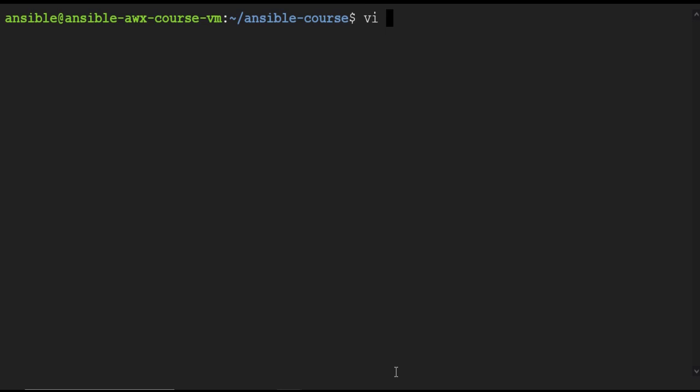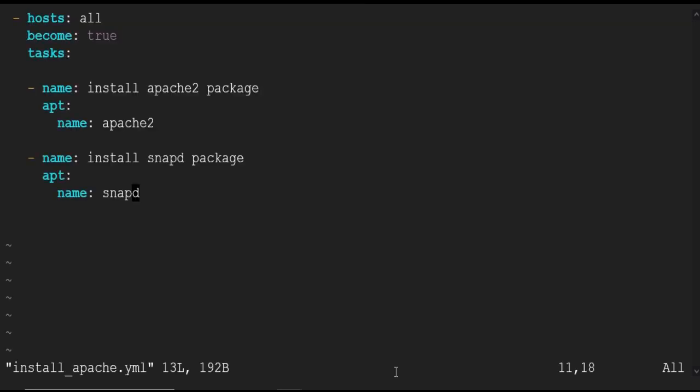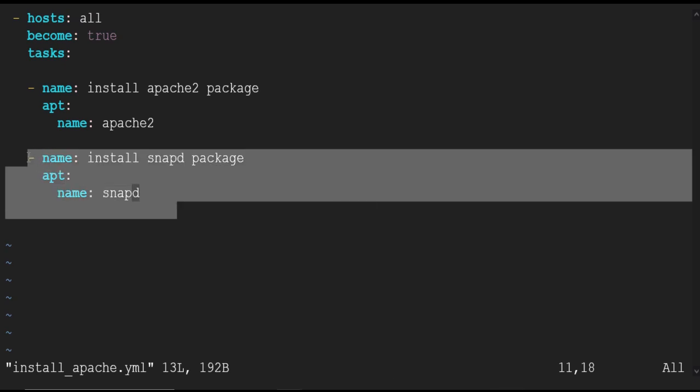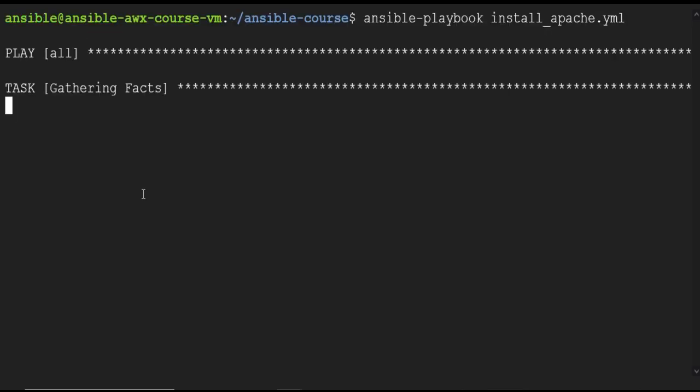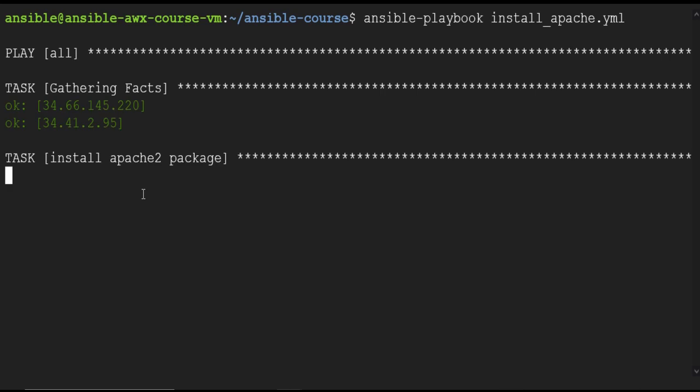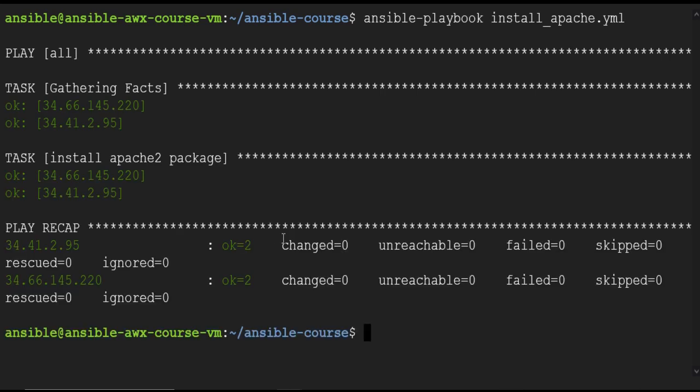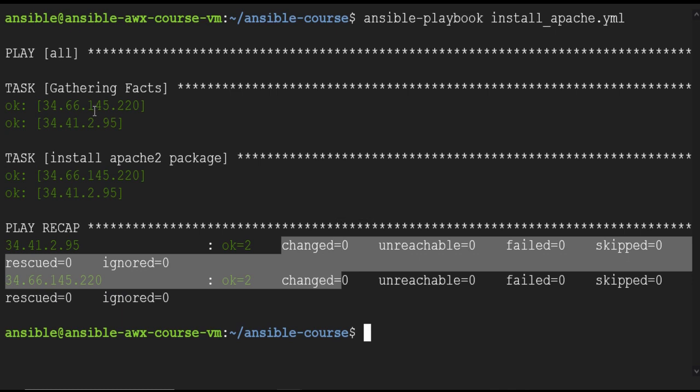Now I updated the playbook to include the snapd package as well. One syntax is you can write it this way, or you can shorten it under the same name, like this here. Save the changes. Run the playbook. The playbook executed successfully, but there are no changes, as apache2 was previously installed, and snapd is present by default